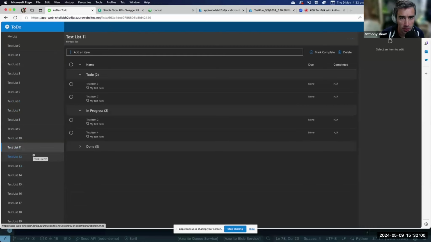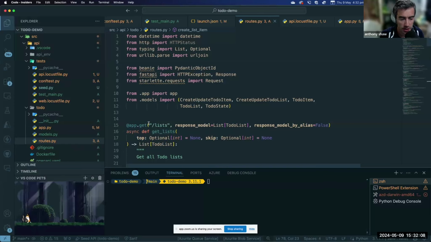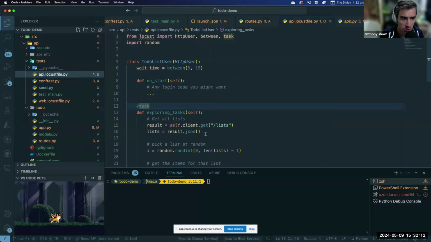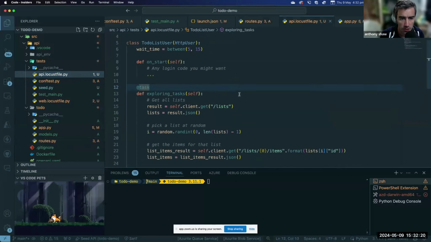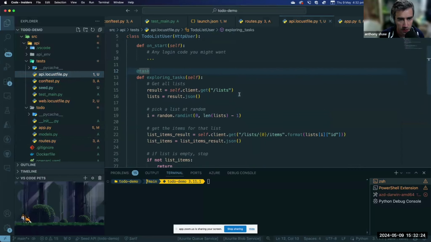And I wanted to design a simple load test for this environment. So what I've done is I've looked at what steps I think a user would take, and then written a simple load test for Locust. So this looks like a user class, like I mentioned before. And I've created one task, but that task has multiple steps.